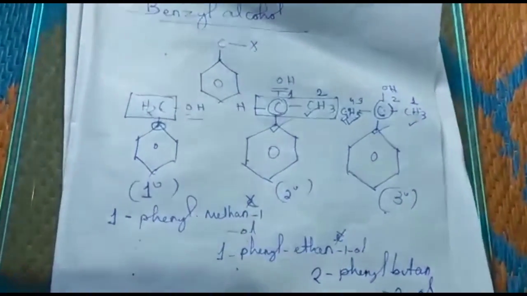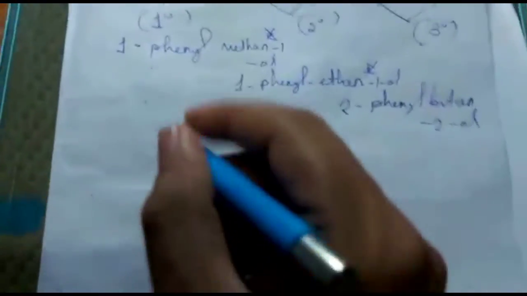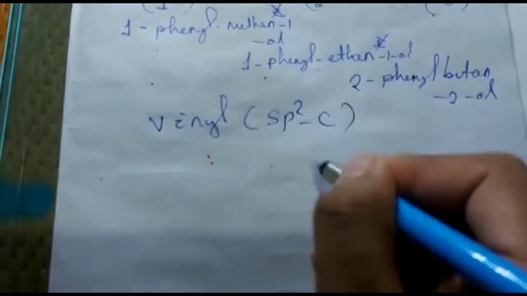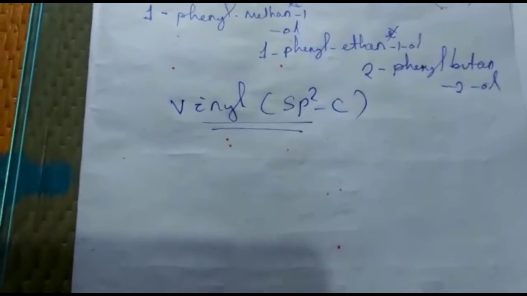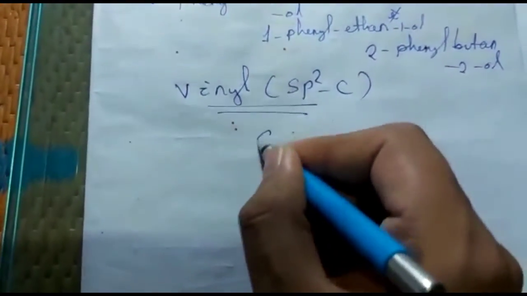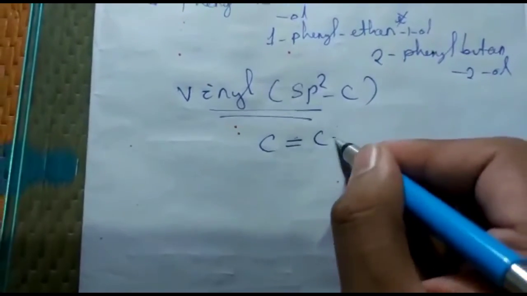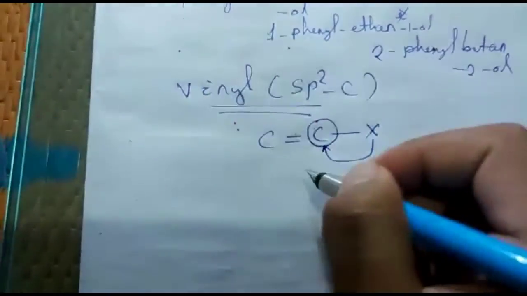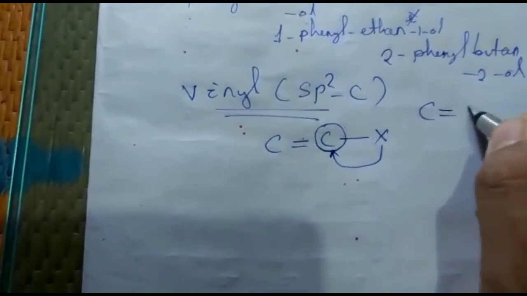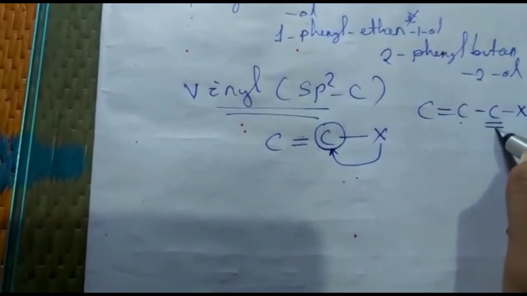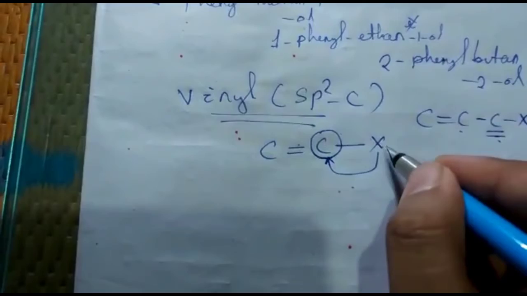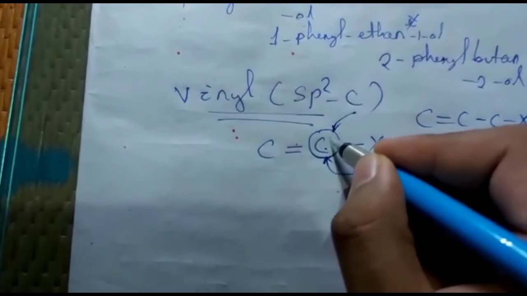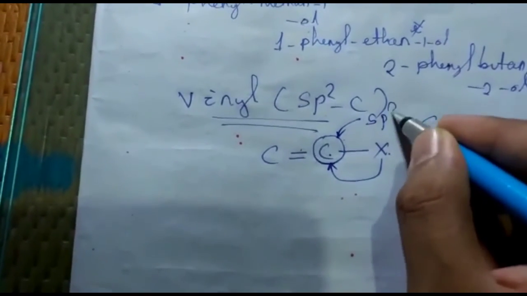Now come to the vinyl alcohol or vinyl group. Vinyl group generally is an sp2 hybridized carbon. You can remember the vinyl group from the haloalkanes and haloarenes. Remember, suppose 2 carbons are there, double bond carbon. The halogen is directly attached with the double bond carbon. Then this is known as vinylic. In the allylic, it is attached with the next carbon of the double bond carbon. It is allylic. But in vinylic, it is directly attached with the double bond carbon. And we have to see the hybridization of this carbon. So the hybridization of this carbon is sp2 hybridization.